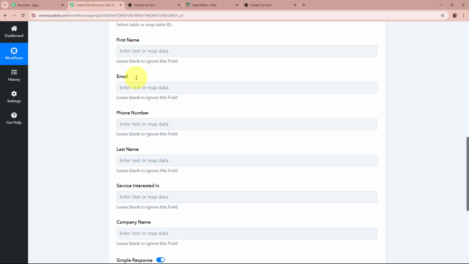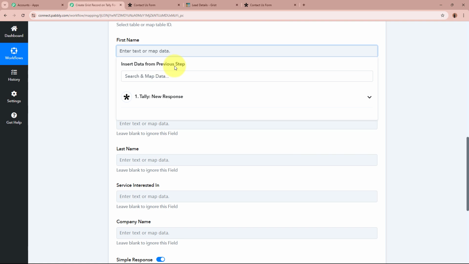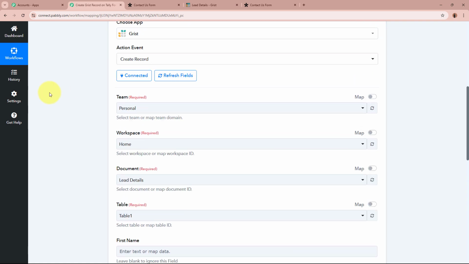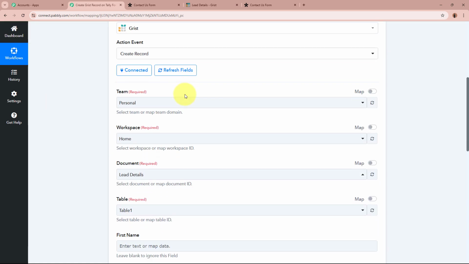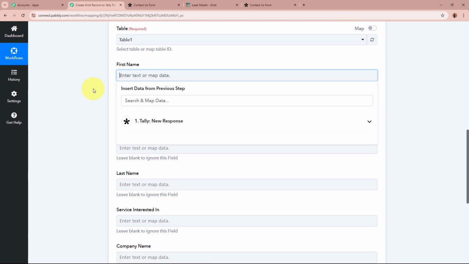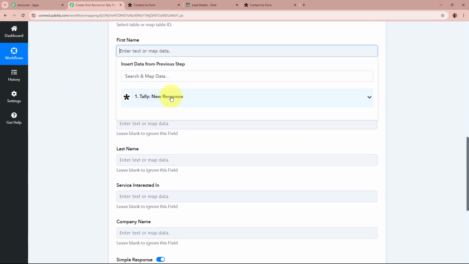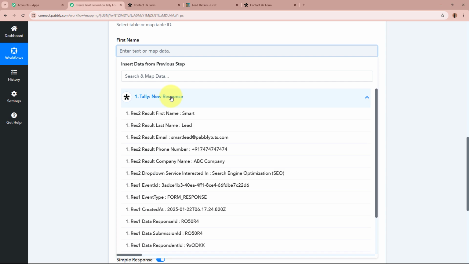For the data of these fields, we are going to map the data. Mapping means inserting data from the previous step. So we're going to insert the data from the previous step of this workflow. And how it works is that as soon as I click on this field, this was the previous step, that is Tally new response. As I click on it, you can see this is the same response that was captured in our previous step. And the leads details is right over here, and I want to create the record of these leads